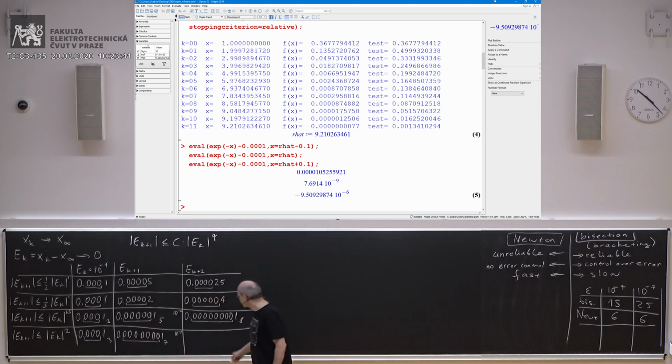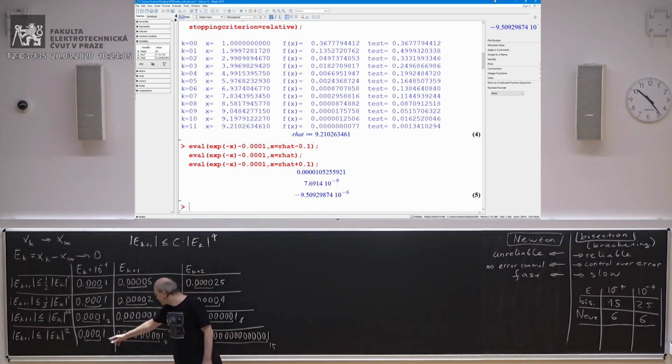And then we square it again. This becomes 10 to negative 16. 0.1, 2, 3, 4, 5, 6, 7, 8, 9, 10, 11, 12, 13, 14, 15, 1. Ooh. Okay. 15 correct digits. And you can see that the number of correct digits actually doubles, or better than doubles, with